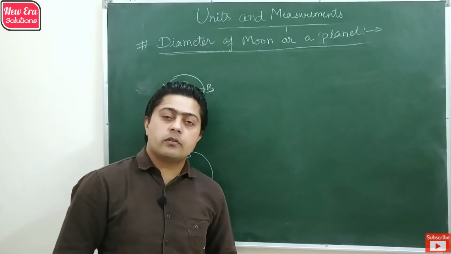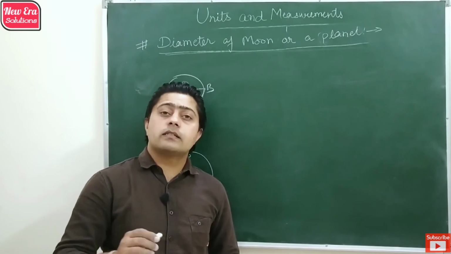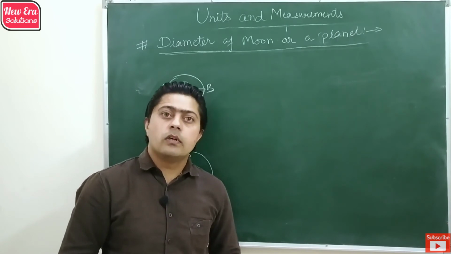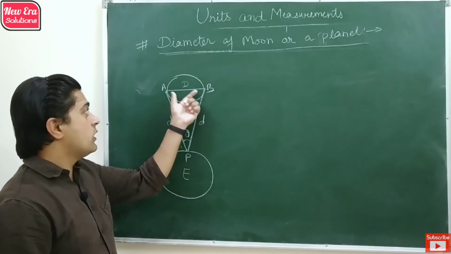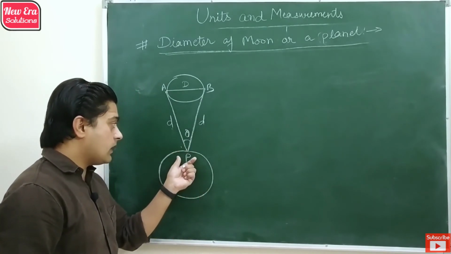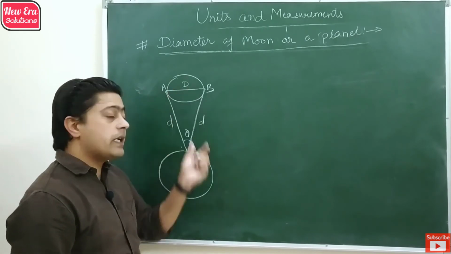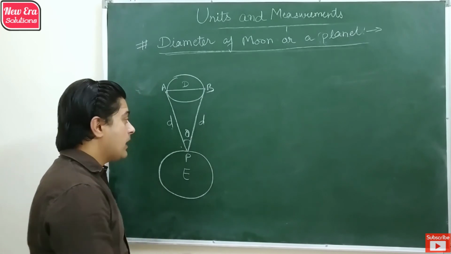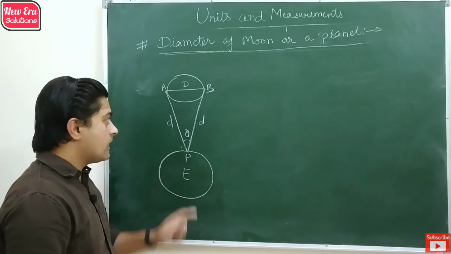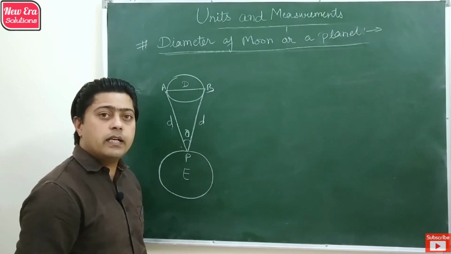So the first application of parallax method is that by using it we can measure the size, or we can say the diameter, of a known planet or moon. For example, if we have a moon whose diameter AB we are going to measure, then from the earth at point P, by using a telescope we can observe the diametric points of the moon, by which an angle is formed, that is theta, where d is the linear distance which is approximately equal to the distance between moon and earth.